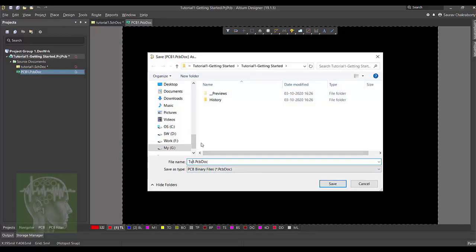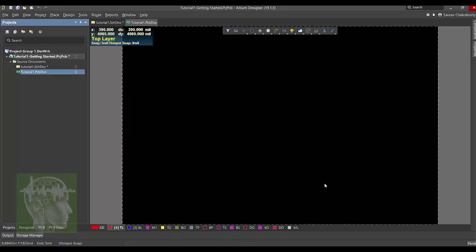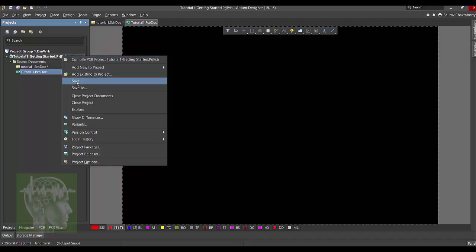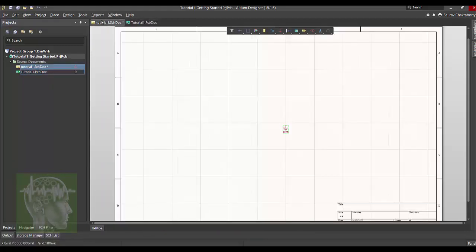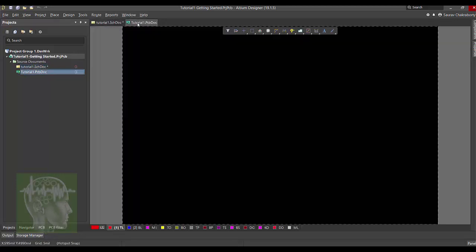Save it. You can see again an asterisk came there. So click save. See, the asterisk is gone. So this is the schematic and this is the PCB. You can select from there or you can select from the top tabs. Very flexible.